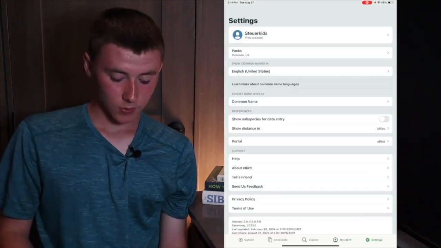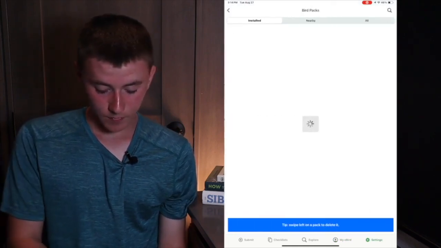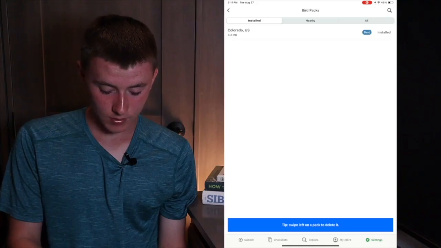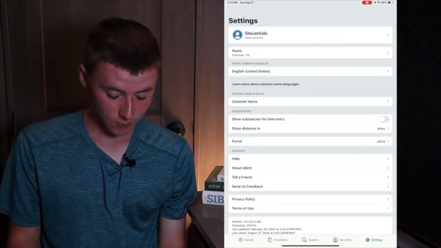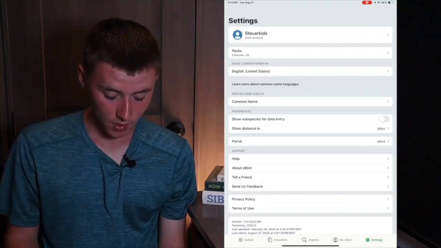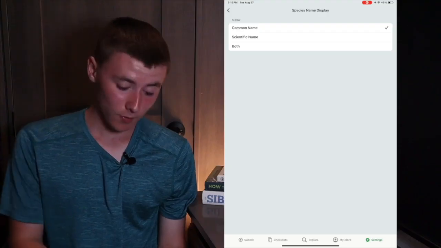Lastly is settings, where you can change your account. You can edit your bird packs, whether you want to delete them or install them. You can search for all packs here. You can change which language you want the bird's common names to be in. You can change if you want it to be common name, scientific name, which is Latin, or both of them